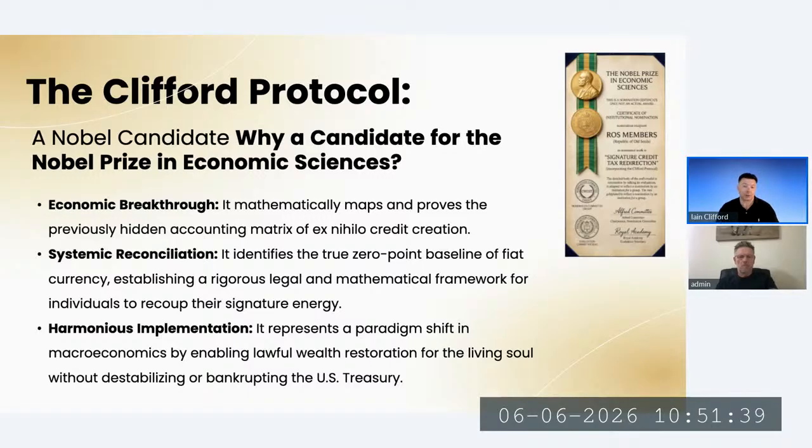So the Clifford Protocol tracks and traces your signature from the past that created bank payments, that created mortgages, loans, and credit cards. We track it all to where is it now? Where is that signature credit now? Which banks are using it? Which banks are paying taxes on it? We create a foreign grantors trust. That foreign grantors trust files 1099 OID electronically through a tax preparer with a license to do so.